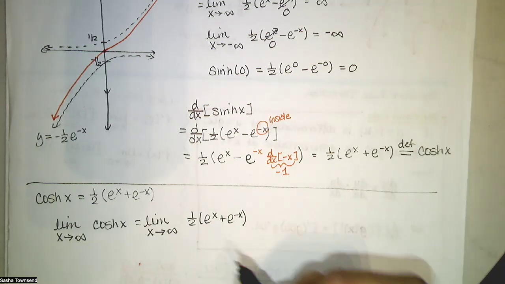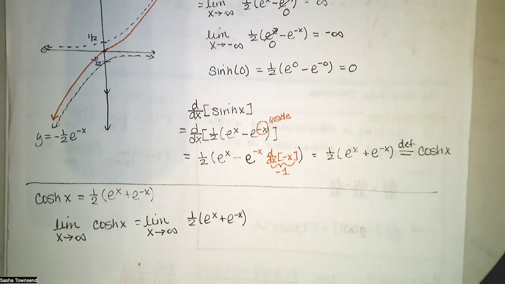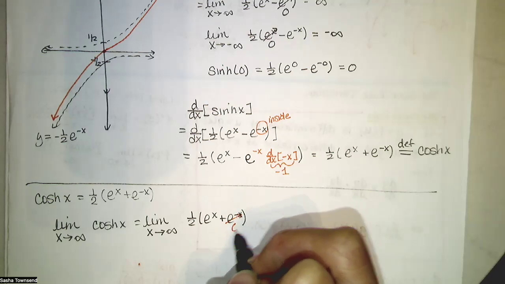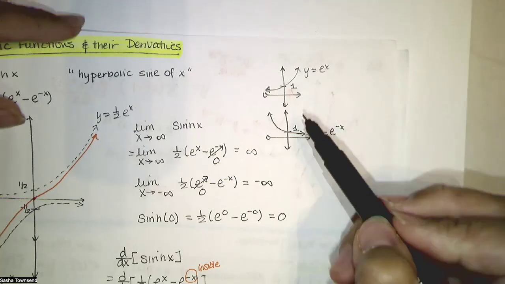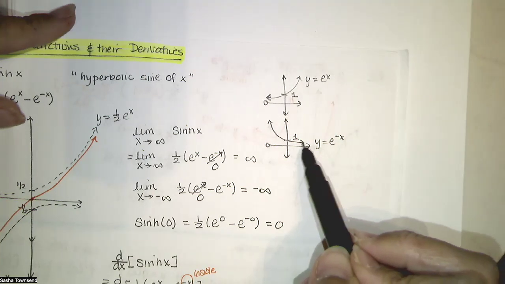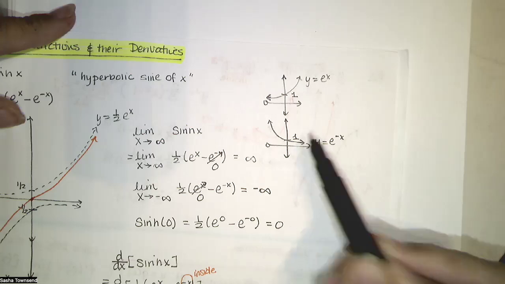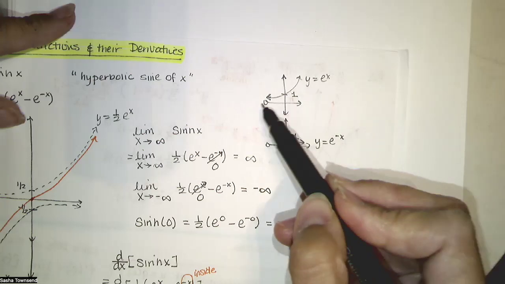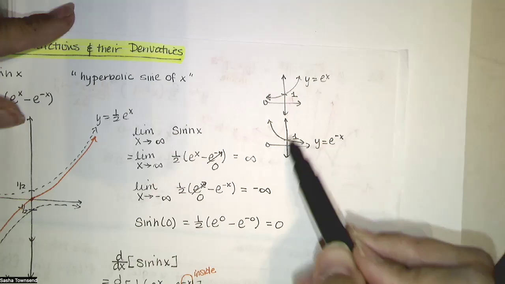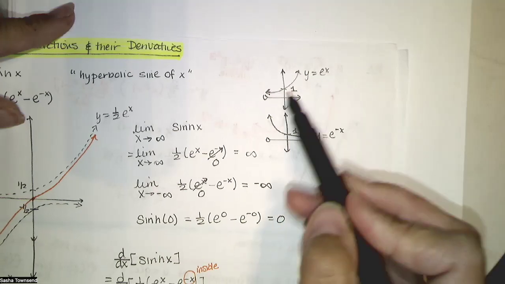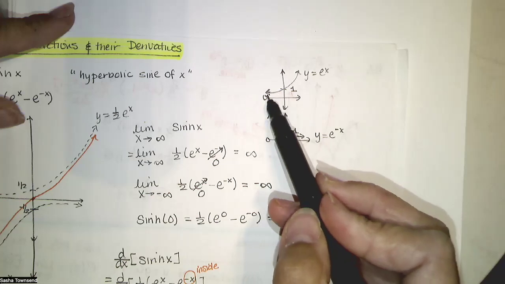As x goes to positive infinity, this is e to a large negative power, and so the function is going to go to 0. We can tell graphically by looking at this: as x goes to positive infinity for e to the x, the y values go to 0. As x goes to negative infinity, or as x goes to positive infinity for e to the negative x, the y's go to 0. As x goes to negative infinity for e to the positive x, the y's go to